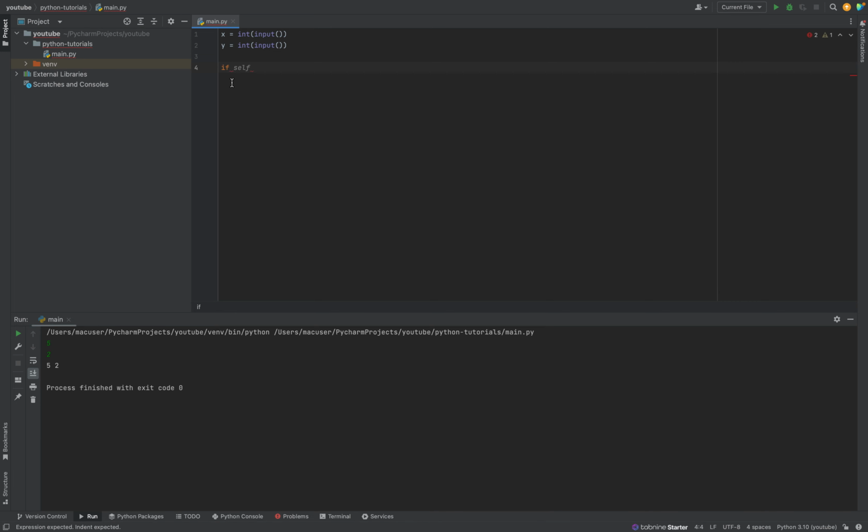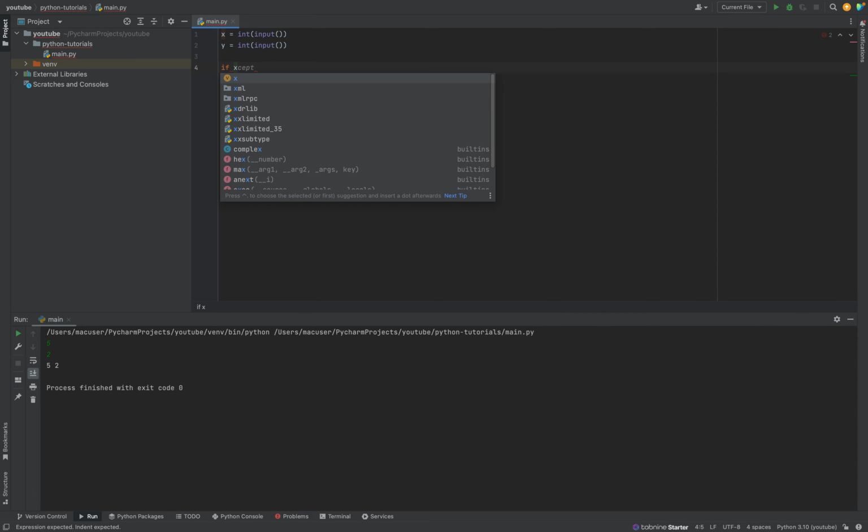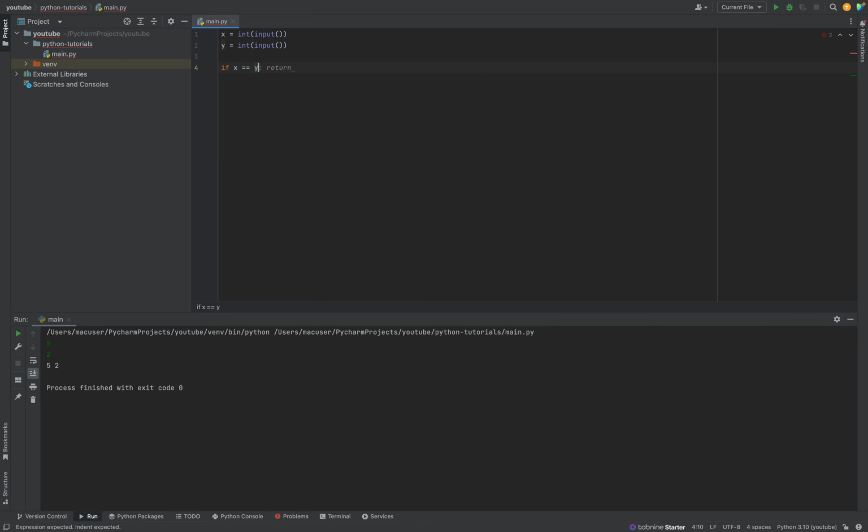So the syntax is simple. If, and then the boolean. And that's where logical operators come in. So we can do like x is equal to y. So then,